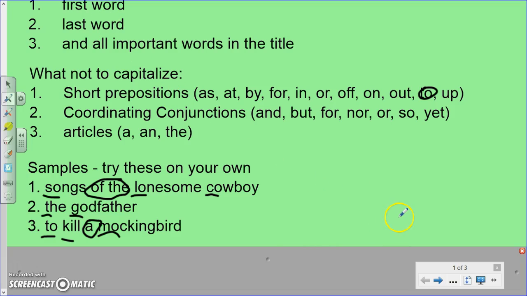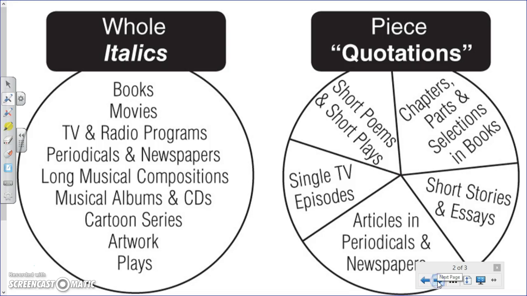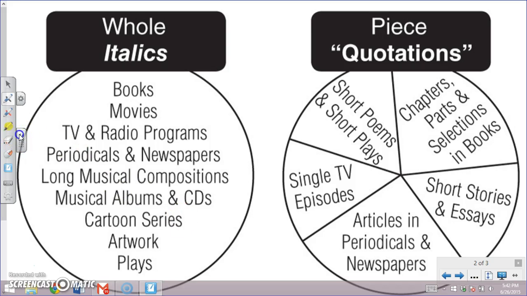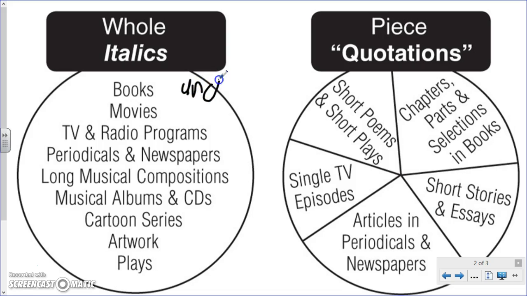So now that we've done the capitalization, we're going to focus on what to look at next. How should it actually be written? So yes, we look at what gets capitalized. Now, the other thing that we need to look at is italics or quotation marks. Italics specifically applies when you are typing something. When you are handwriting it, it should be underlined. Okay? And here you're going to have to deal with my really bad handwriting when I'm using a mouse to write this. So, when you type it, it's italicized. When you handwrite it, it's underlined.